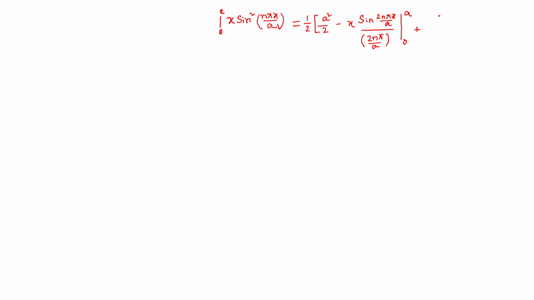I am writing this dN1 by dt, the rate of decrease of the number of particles in the ground state, which equals the decrease in the number of particles in the excited state. I am matching this dN1 by dt equals dN2 by dt. Okay, so this is the equation.